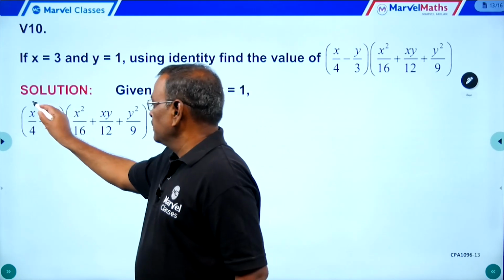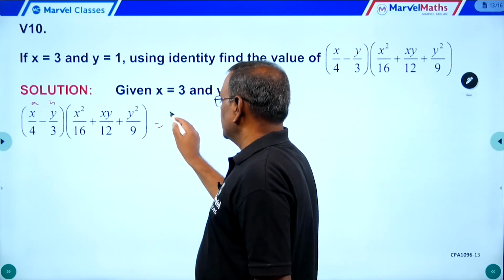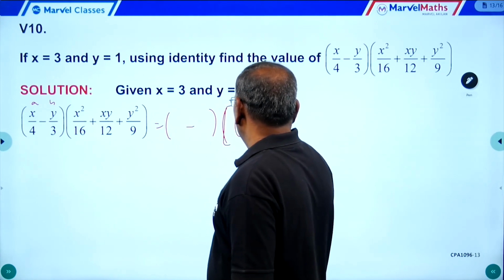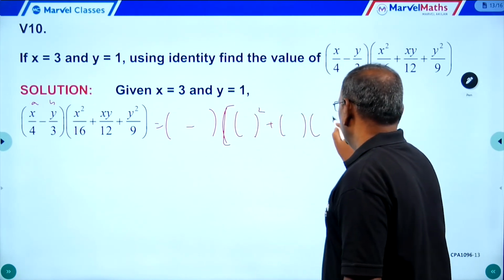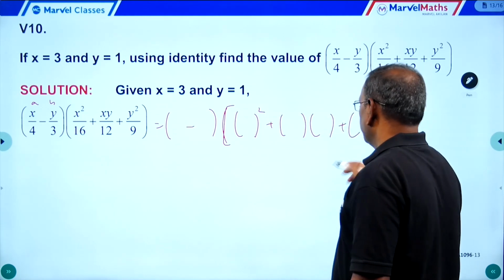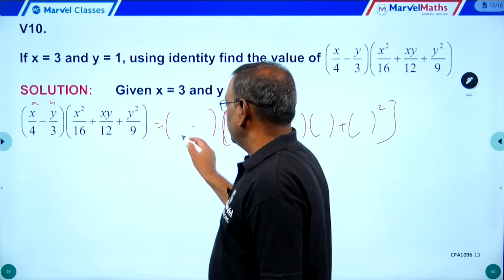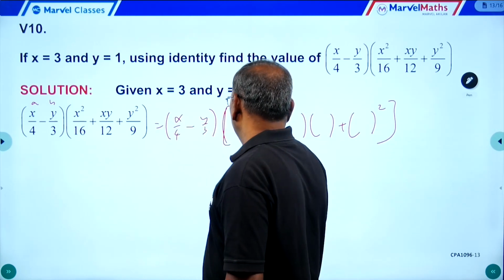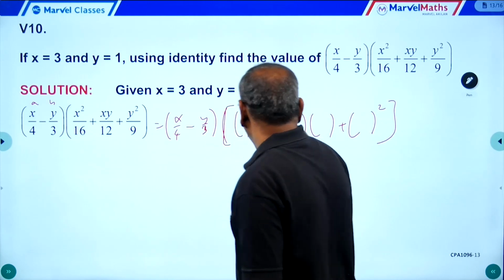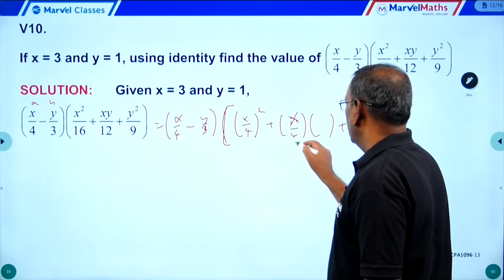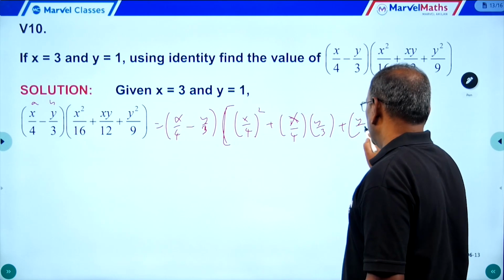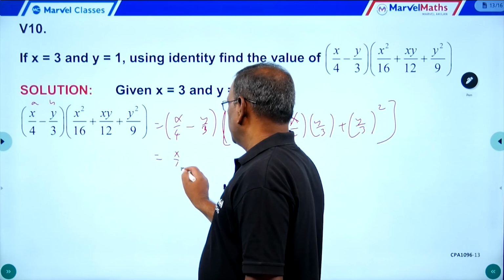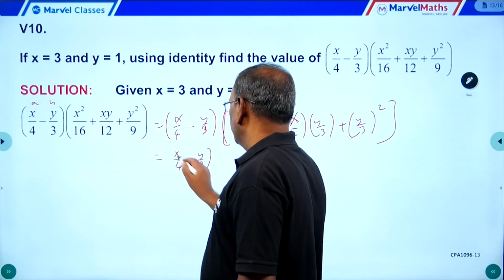Assume this is a and this is b. So it is in the form of (a - b)(a² + ab + b²). So what is a? a is x/4, b is y/3. Correct. Now this is equal to (x/4 - y/3) into